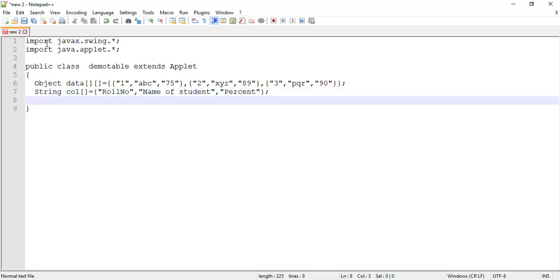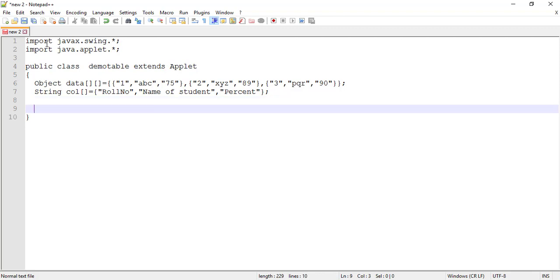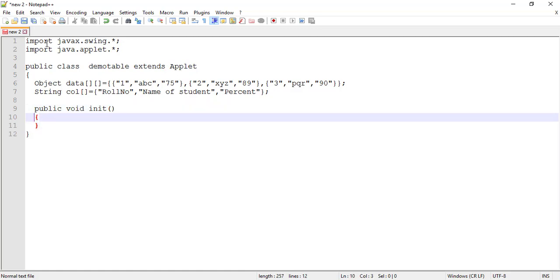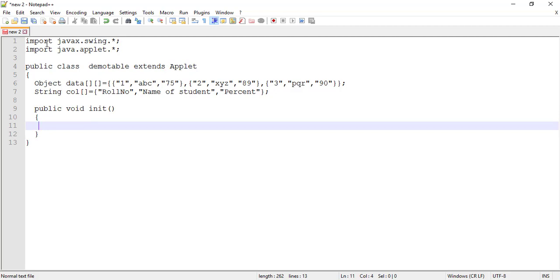Once these two arrays are initialized, I will define the init method as public void init. Inside the init method, first we'll create a JTable object as JTable jt = new JTable.